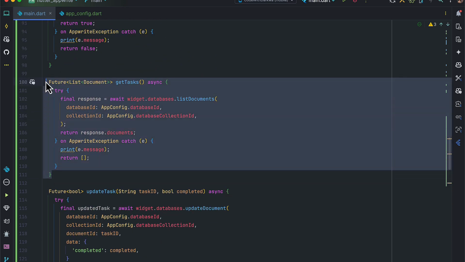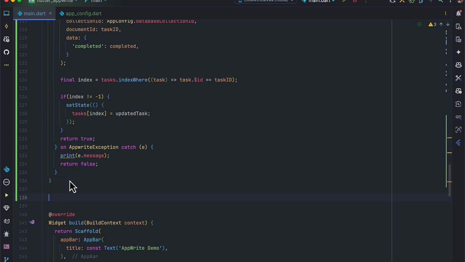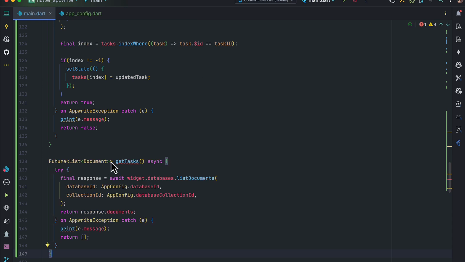So the last functionality is to delete a particular tag. In deleting a tag, we need to pass in the tag's ID, right? And the return type of this is going to be a boolean, and the function name is going to change to deleteTags. So in deletion of tags, we need to pass in the tag's ID, which comes as a string,